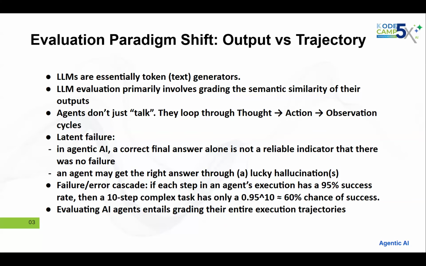So they're essentially probabilistic text generators. And when you're evaluating LLMs, all you're really doing is, maybe you have some golden data sets. That's actually one important thing when evaluating AI models, having a golden data set. And you try to evaluate the semantic similarity between your golden data set and the outputs of the LLM for